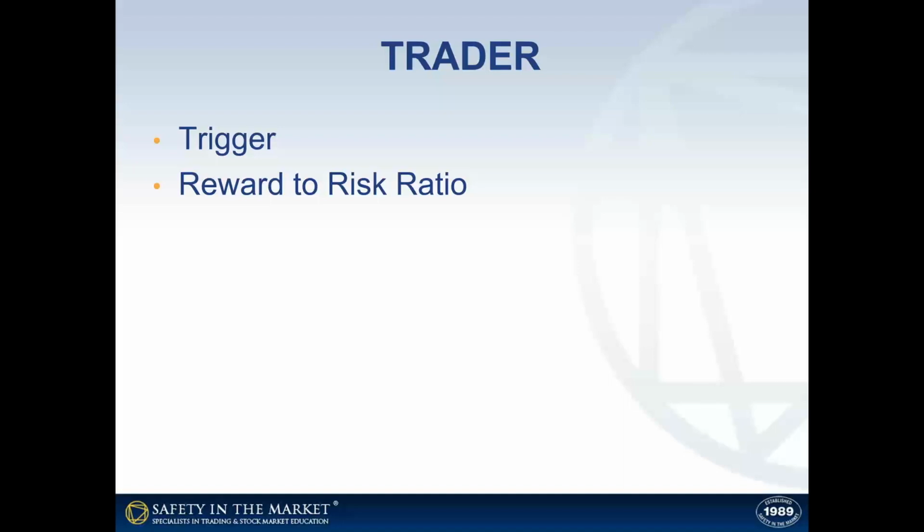Even though at this point, I've done my analysis, I've got a swing chart and price forecasting set up, so I believe I'm at the start of a new trend. I think everything's lined up and I've got a trigger. But instead of then going and filling in my orders to the broker, I'm checking the reward to risk ratio. And the reason is, I don't care how good a trade is if it's not going to pay me enough